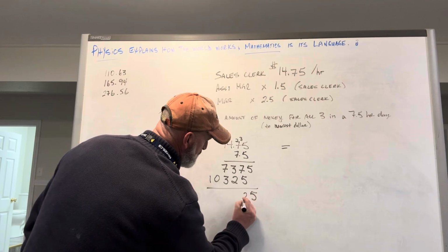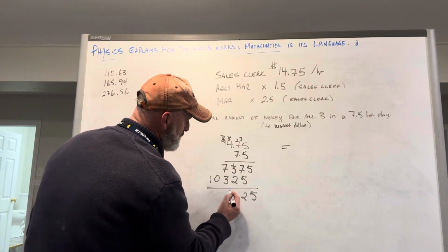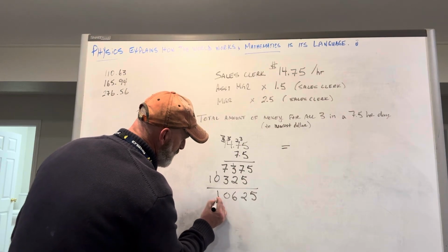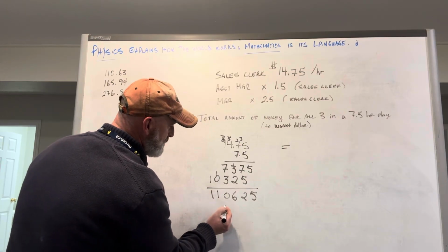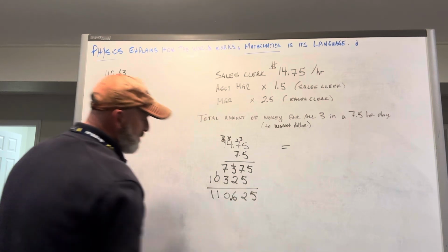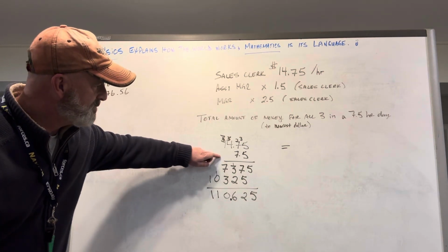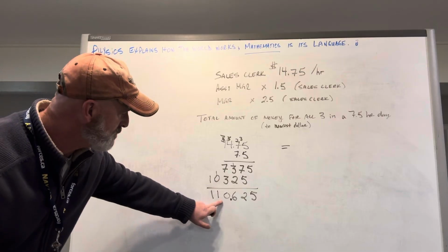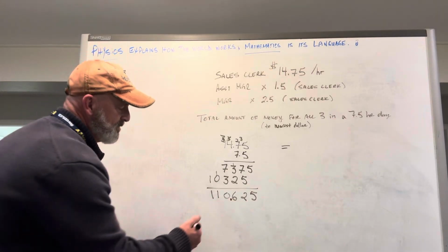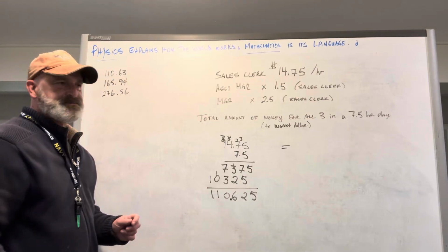5, 12, carry the 1, 6, 10, carry the 1, 1, 1. 3 decimals, 1, 2, 3, bring over 3 decimals. And our 14.75 times 7.5 is $110.63. Now, when it comes to